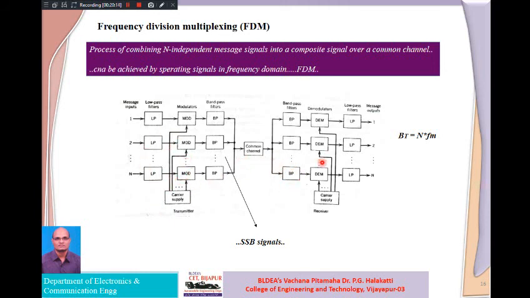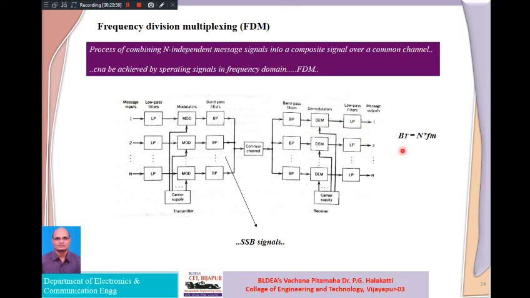Similarly, at the receiver side, we have separate, individual band pass filters for the respective channels to receive them. Then the respective demodulators again have different carrier signals. One more important thing: the carrier signal you supply to demodulator 1 and the carrier signal you supply to modulator 1, for example, should be synchronized. They should be the same. Otherwise, we are going to lose some information. Then after that, the signal is given as input to a low pass filter to extract our message signal.